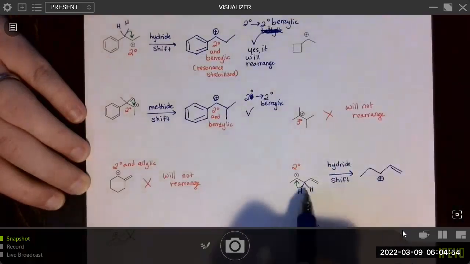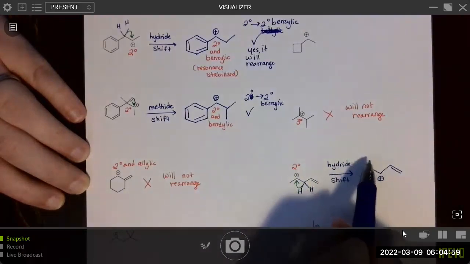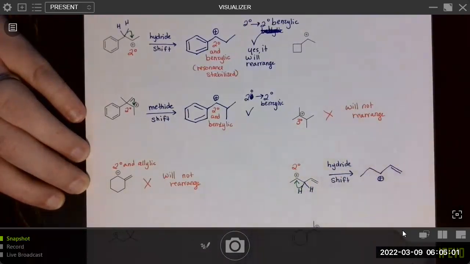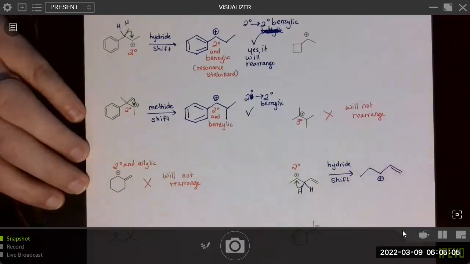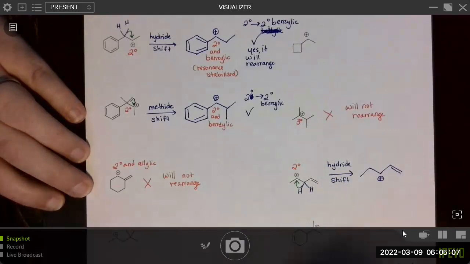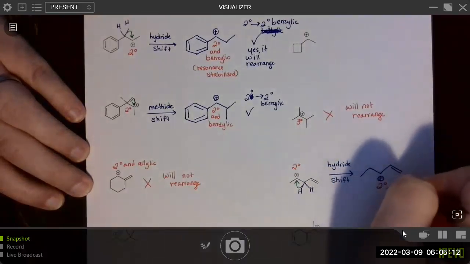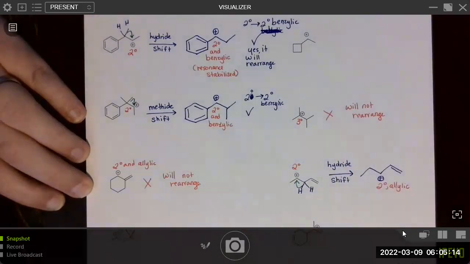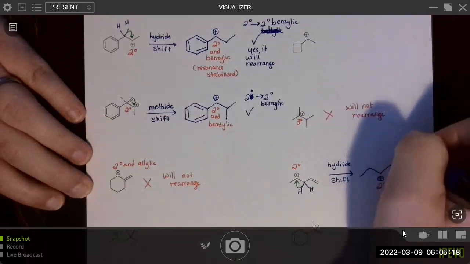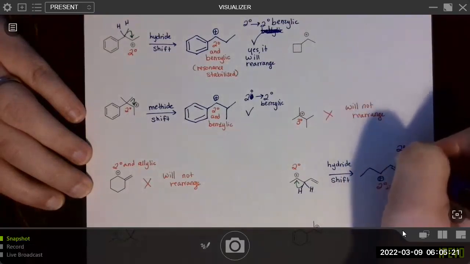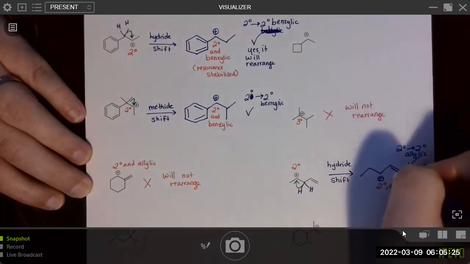But if you want, you can draw the hydrogen that shifted over here, but remember that in a line structure, you don't have to draw those. Okay, so it's shifted, and now this has 4 bonds total. Right, so now we have secondary allylic. Right, so definitely this one will shift. Secondary to secondary allylic, and it will rearrange.